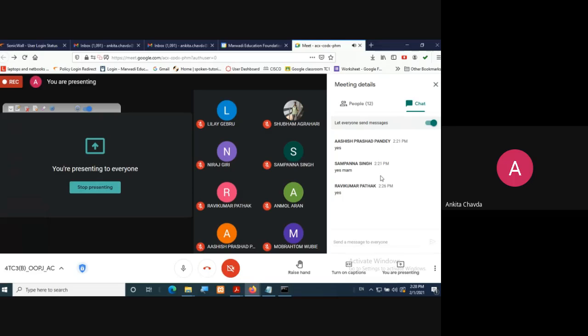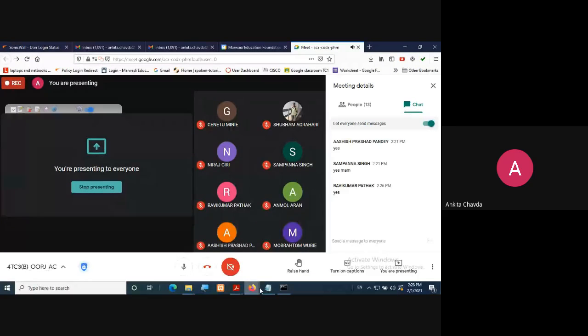Any doubt in this command line? So this is how you need to take the value from the user at runtime. And the second way is with the use of the Scanner class, but we are skipping that right now, because I'll explain that theory at the time of your lecture. Right now you just have to follow this command line.